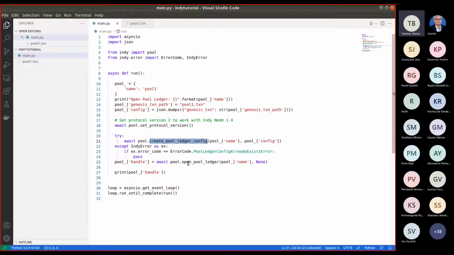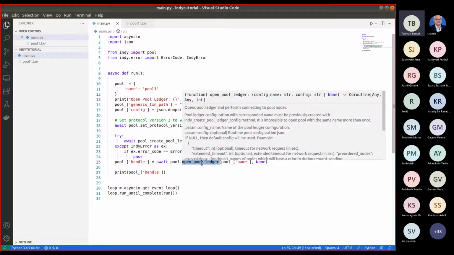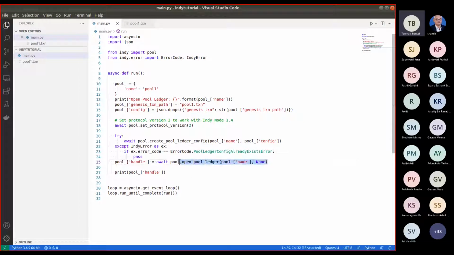Otherwise, we will be calling open pool ledger. This will be connecting to the pool. If this step succeeds, then we know that we have access to the pool, and it returns an integer which denotes the pool handle that Indy is using.